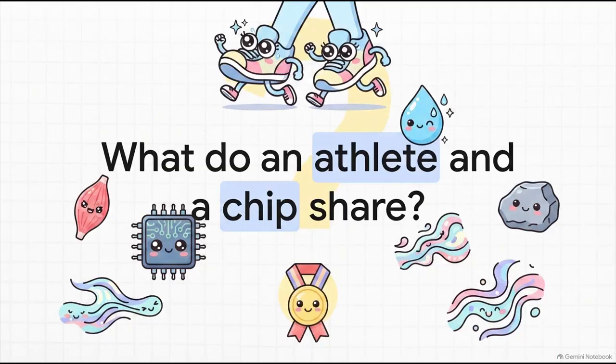Okay, let's dive into this by asking a question that might honestly seem like a riddle at first. What do an Olympic endurance runner and the computer chip inside the very device you're using right now have in common? Seriously, think about it. On one hand, you've got the absolute limit of human sweat, muscle, and biological endurance. And on the other, you have a cold, inanimate piece of rock.